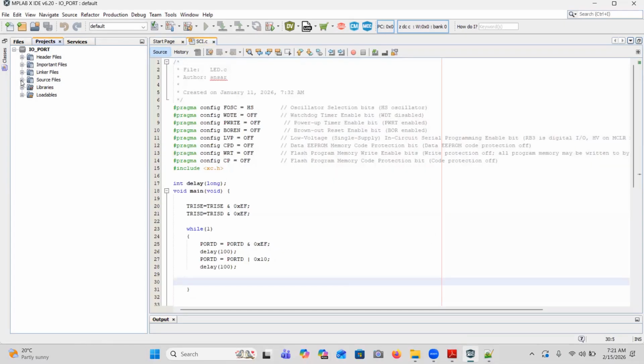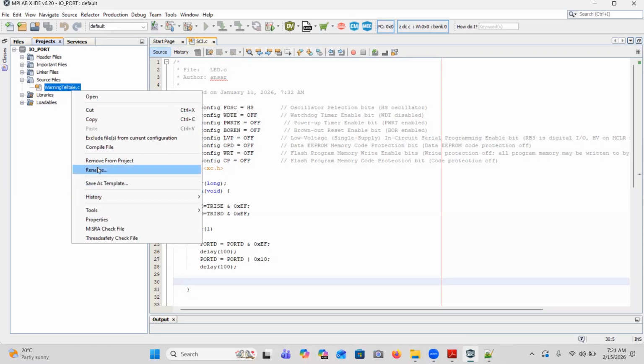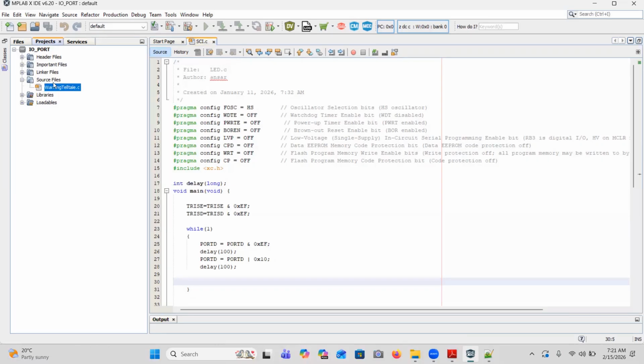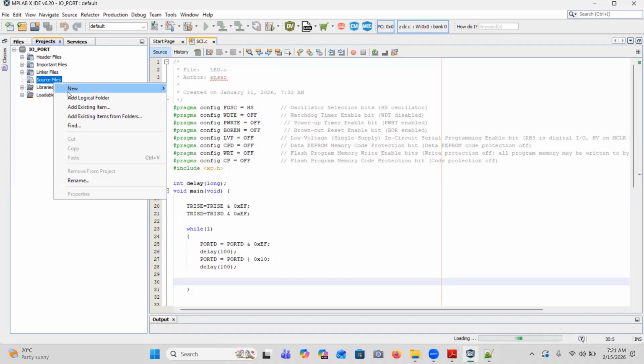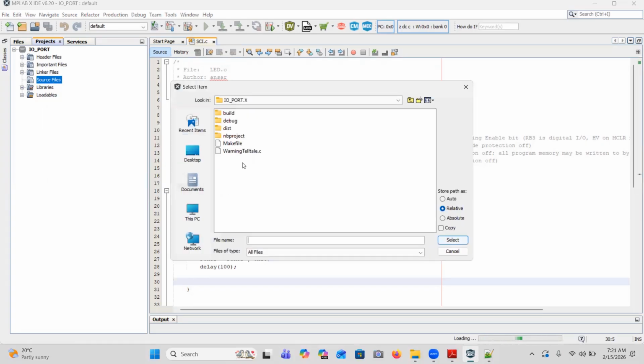After that, we remove this warning and telltale C. And I add